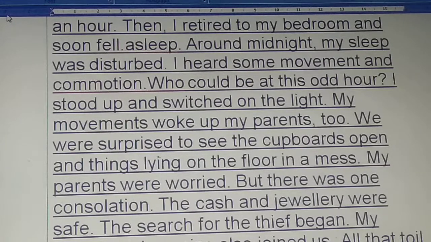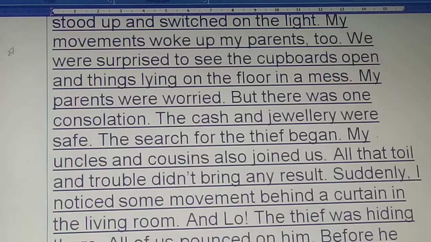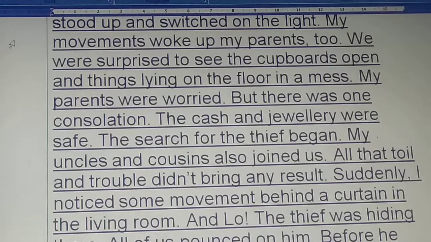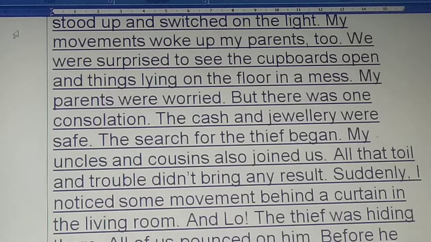I stood up and switched on the light. My movements woke up my parents too. We were surprised to see the cupboards open. That means what? A thief has entered. My parents were worried. Obviously, it's a matter of worry. The search for the thief began. My uncles and cousins also joined us. After that toil and trouble didn't bring any result,